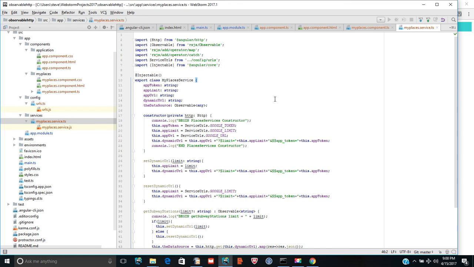Okay, so what does my service do? It uses observables as well, but it also uses this HTTP function. And I declare my MyPlaces service as an injectable. I export it so the other files can see it. I have some data here. I have a data source here, which is an observable. And this particular constructor looks at the initial URL, dynamically constructs a URL,